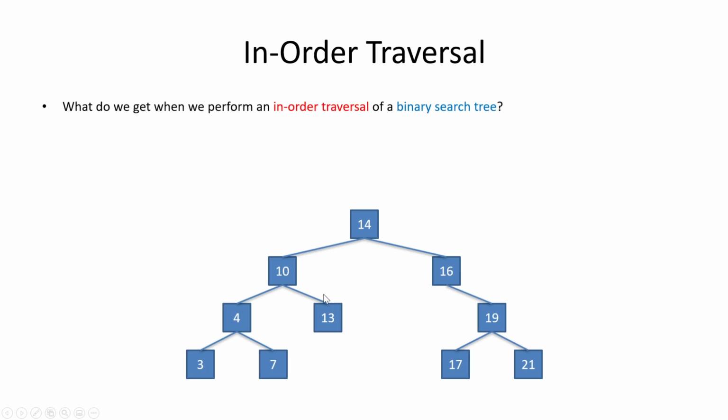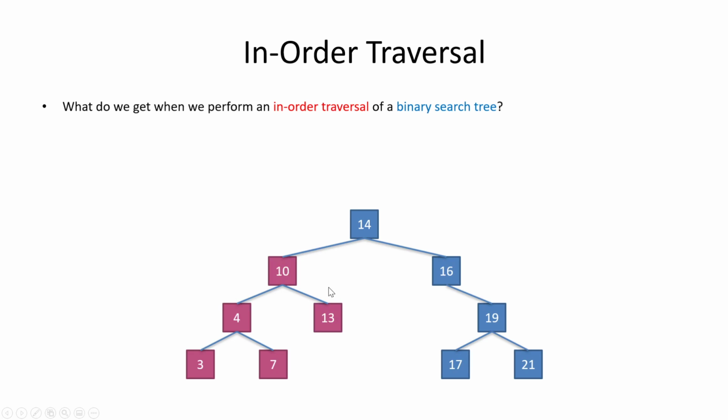And as we do, we can perform operations on the nodes depending on what we want to do. In this case, I'm thinking maybe let's output them. So if we did an in-order traversal, the first one that we would output here would be the 3. In order, remember, we output them during this path when we encounter them at the bottom of the node. So the next one would be 4, then 7, then 10,